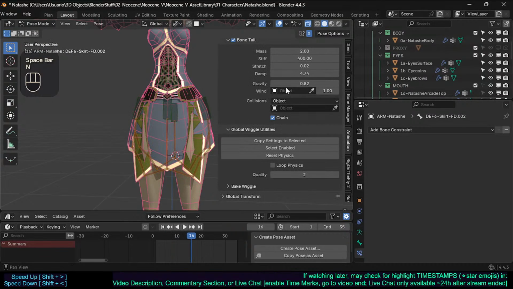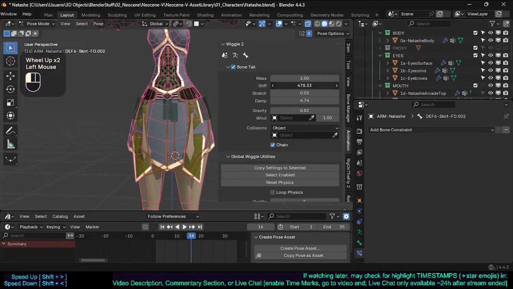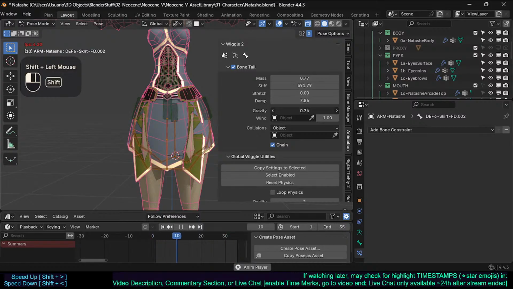So this stiffness, mass, maybe it's a bit too much. More dampening and less stretch. More stiffness and less gravity. Less mass. Also, this thing requires a